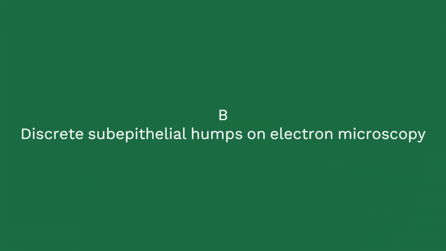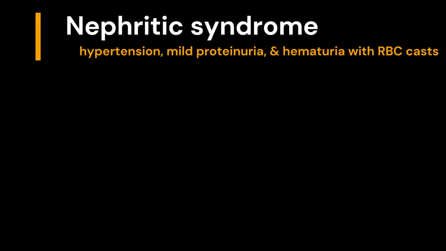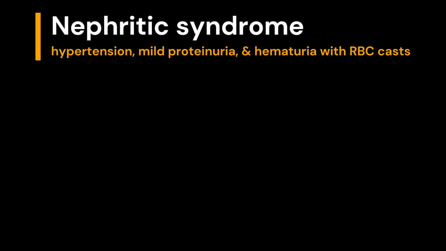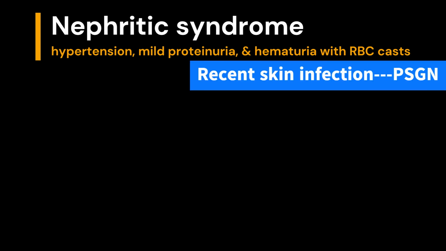Congratulations if your answer is B, which is discrete subepithelial humps on electron microscopy. This question is designed with the focus to assess your ability to conduct laboratory or diagnostic studies. This patient has nephritic syndrome, characterized by hypertension, mild proteinuria, and hematuria with red blood cell casts in the urine sediment. In association with a recent skin infection, this presentation suggests post-streptococcal glomerulonephritis, the most common cause of nephritic syndrome